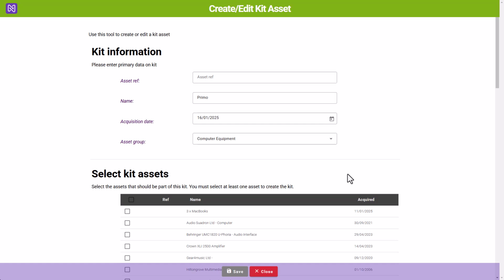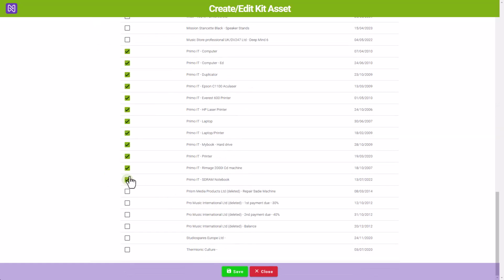From the list of assets below, we can select the assets which should be included in the kit. We need to select at least 2. Once we've selected 2 or more, the Save button will become green, and then we can create our kit, including